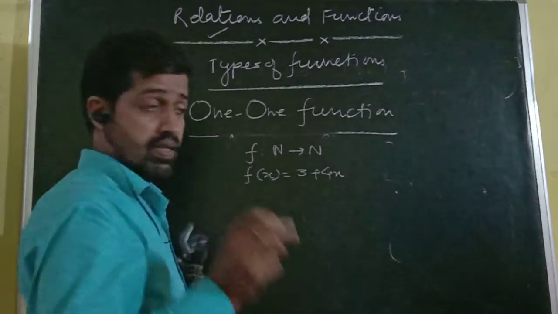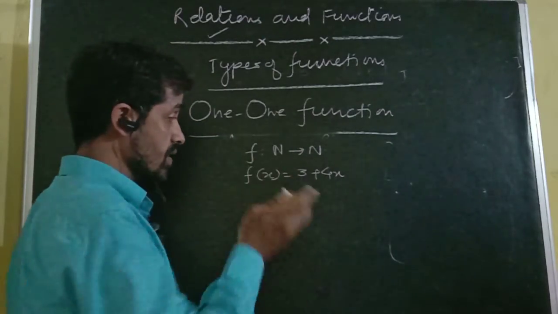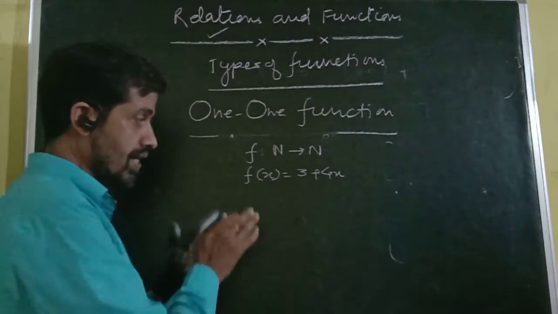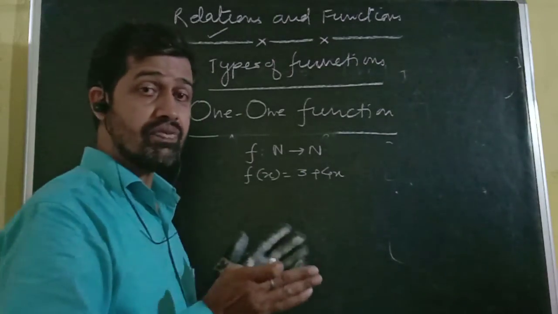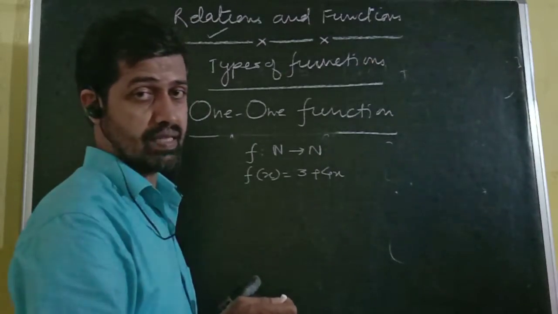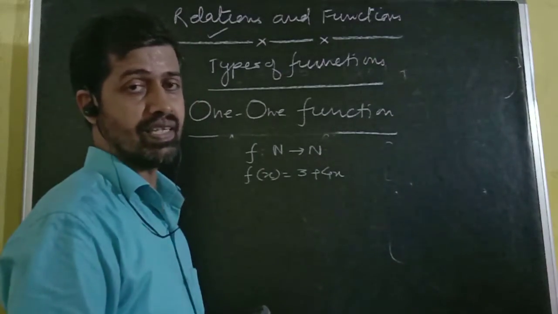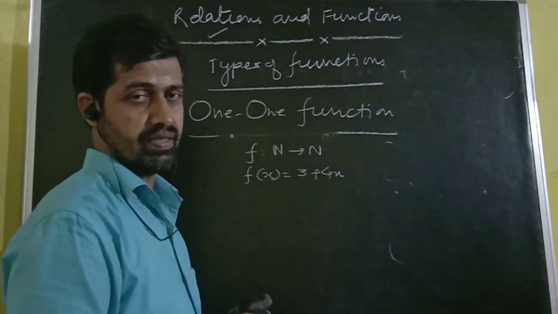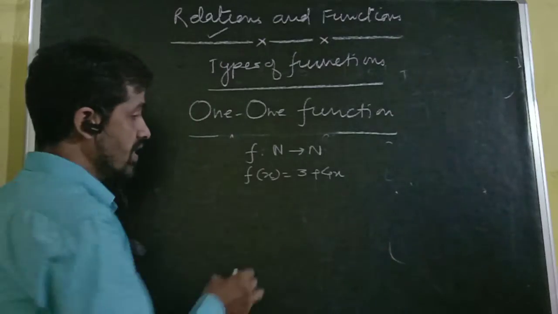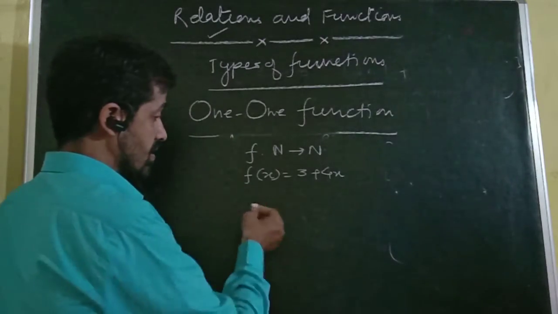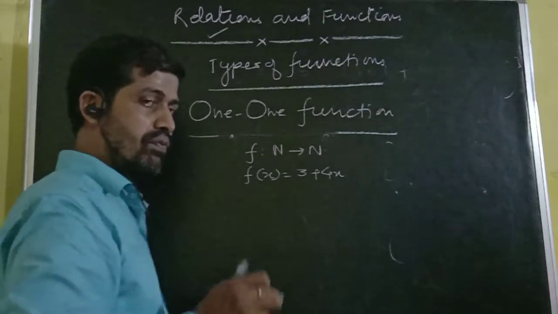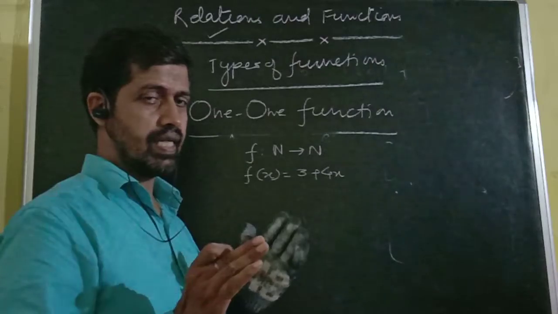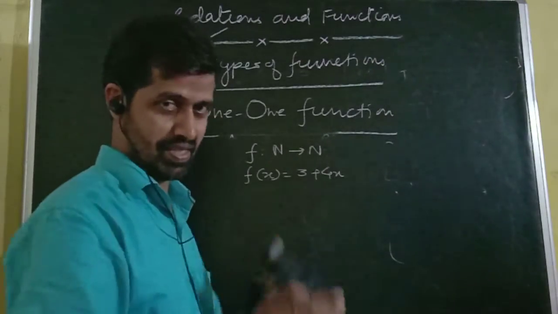Now, this we have to prove is a one-one function. For that we cannot proceed as we had proceeded in the case of finite sets, because the set is infinite. Then we apply a generalized method. In the generalized method, how we prove it, try to understand. Actually, in a one-one function, in short we can say that different elements have different images.